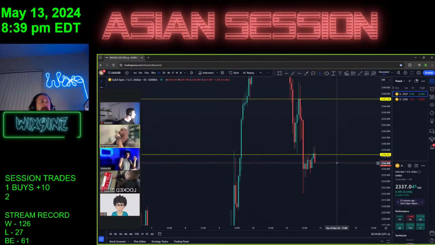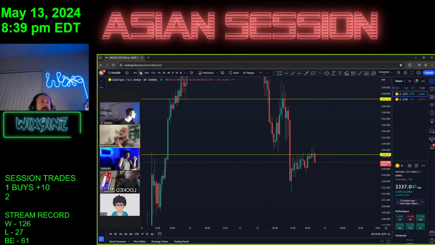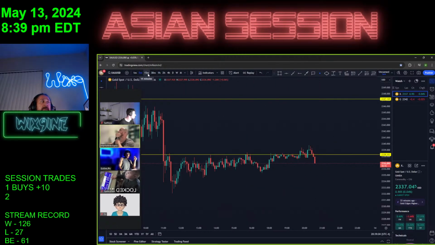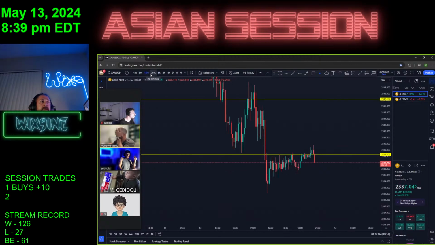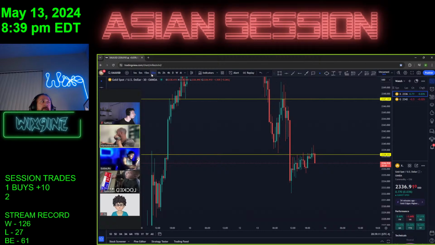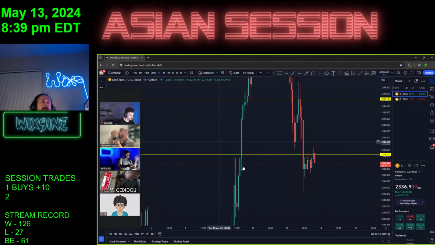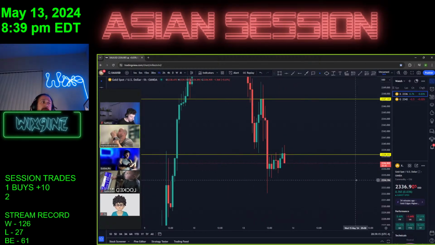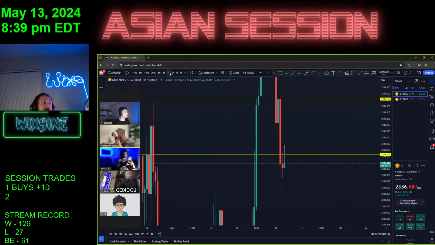So we got a little fake out happening here on gold, as we're back in range. Problem is 15 hasn't closed back in range. 15 still above. The 30 pushing, the hourly pushing. Maybe we'll get an hourly back in range, and then we can take positions off the next hourly, which will also be a 4-hour closure, which will be interesting if it flips here.